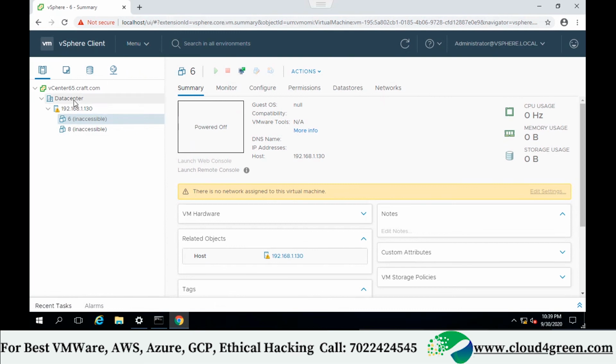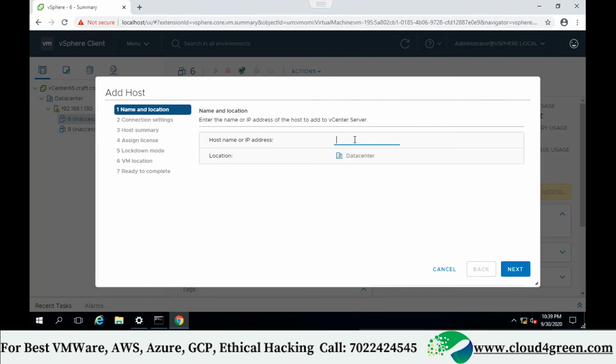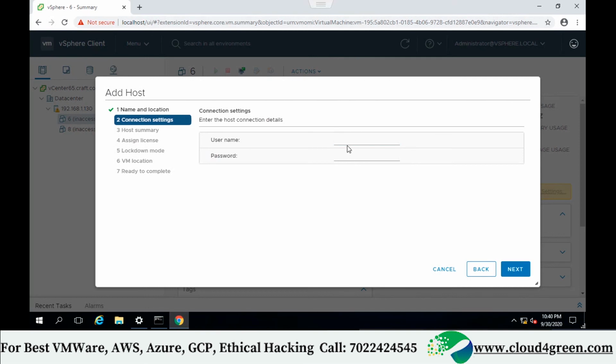Okay, let me give some time to this machine. Add host. Tell me your ESXi host. 186. Be careful, 188 is the server IP, and 186 is the ESXi IP.